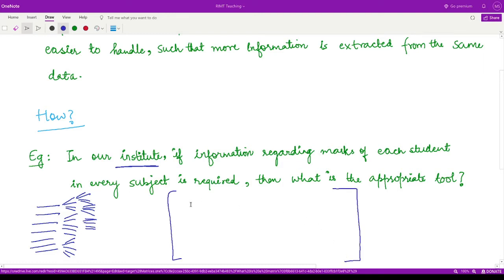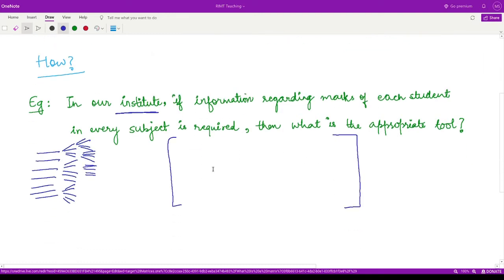This is one thing, and then you can list down everything. If that is a 2 cross 2 thing, that means you just have a class and a subject, but in this case you also have a student with you, so that means you require 3 information points in this. So in this case we just cannot use these matrices.